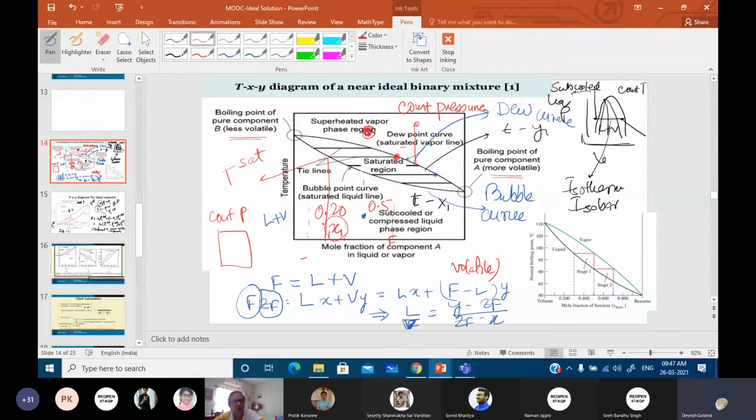You have to work with whatever feed you have. See, if you are spending extra money to enrich the feed, and spending extra money to get the pure product, that is not a solution. You have a mixture with 20% propane in butane that you have excavated from the natural gas which you have got from your oil well. Right, now this you want to enrich to say 90% propane,